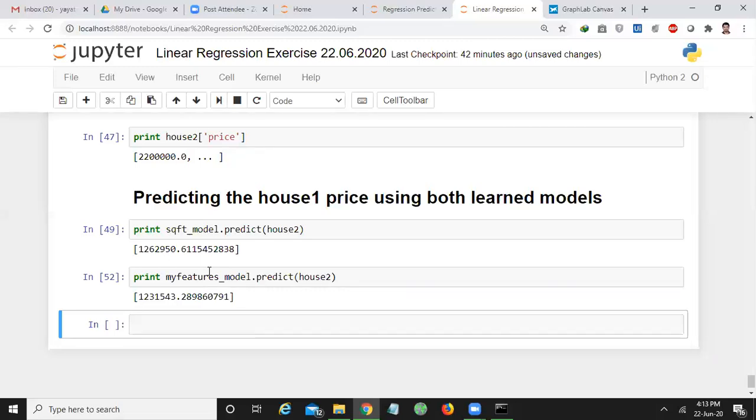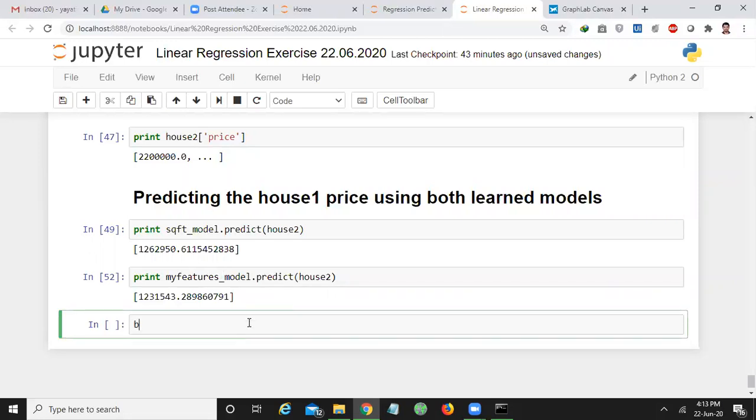Okay. Let us take one more house. This time I want to take Bill Gates house. Let us check the Bill Gates house statistics.